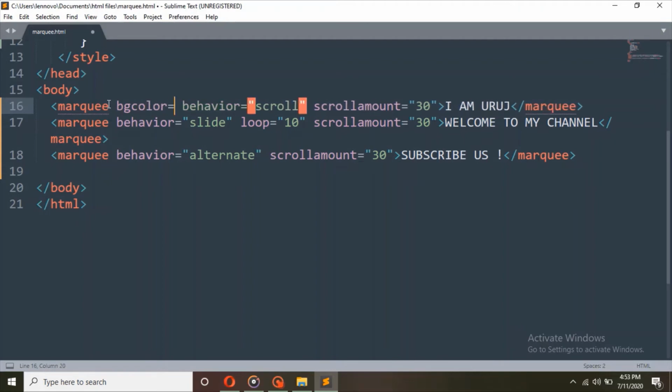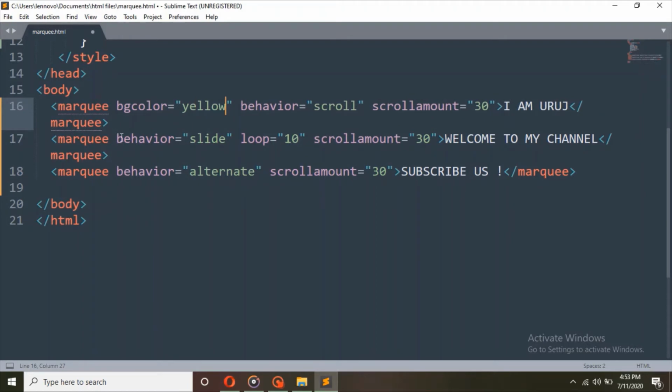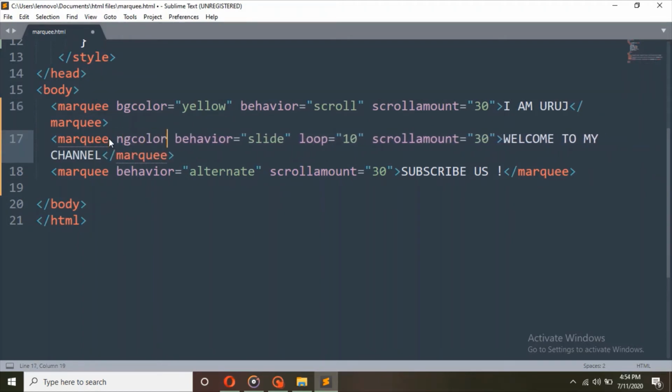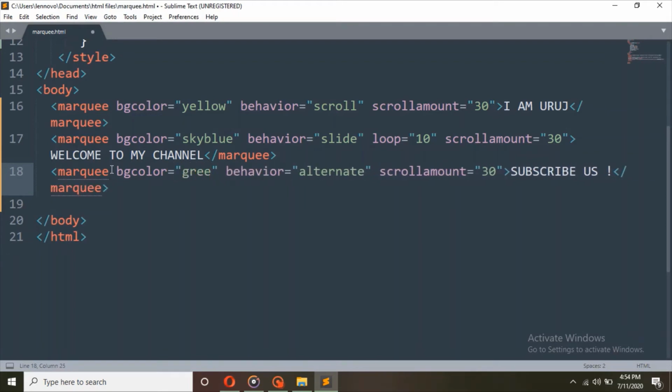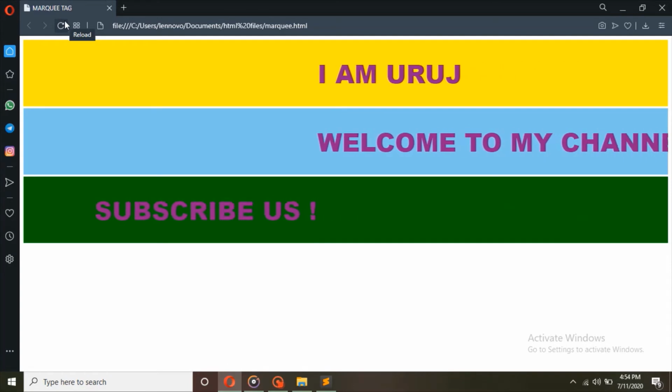And I'm quickly adding bg color here, yellow, then the second one sky blue, and the third one green. So these are different ways you can make the Marquee text more appealing.